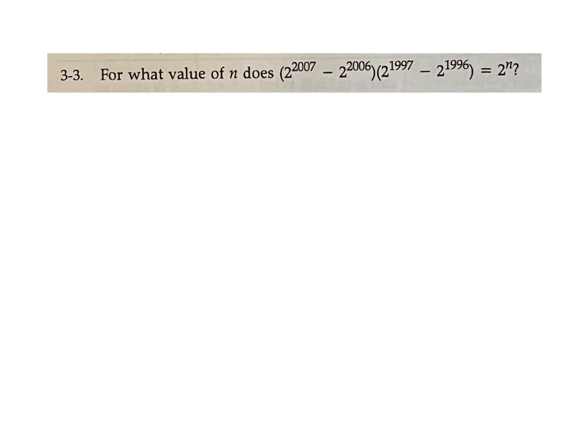For what value of n does (2 to the power of 2007 minus 2 to the power of 2006) multiplied by (2 to the power of 1997 minus 2 to the power of 1996) equal 2 to the power of n? Okay, so this is basically exponent laws. Very straightforward, nothing fancy. So the first thing I'm going to do is factor out a 2 to the power